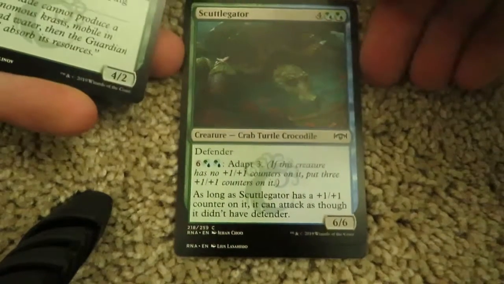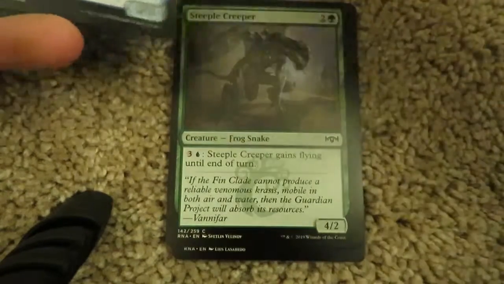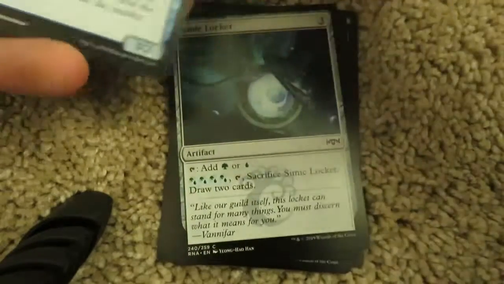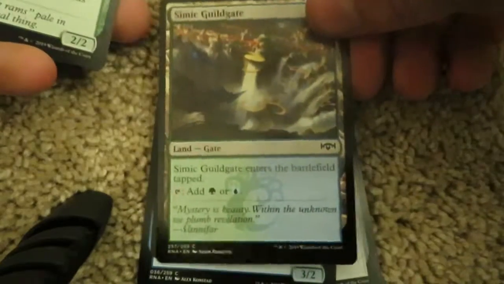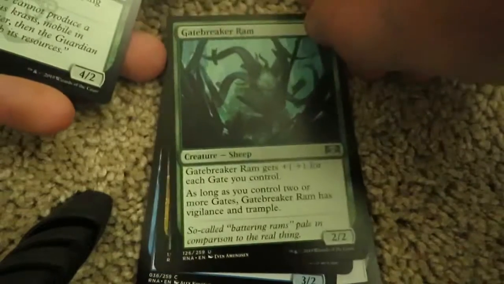They get so crazy in this Ravnica Allegiance. Crab, Turtle, Crocodile. Frog, Snake. Chillbringer, just an elemental. Sismic Locket. Merfolk Warrior. A frickin' Mutant. Oh, the Guild Gates. A Sheep. Now this,